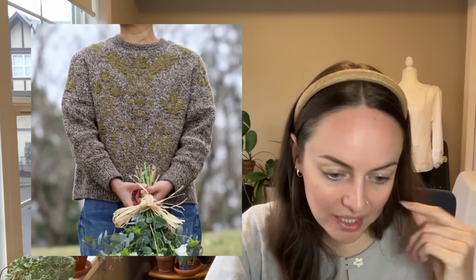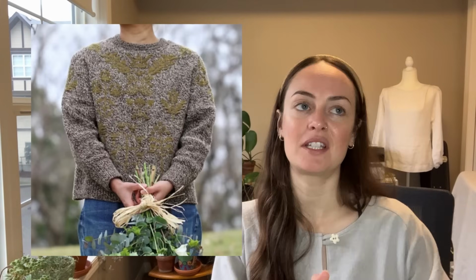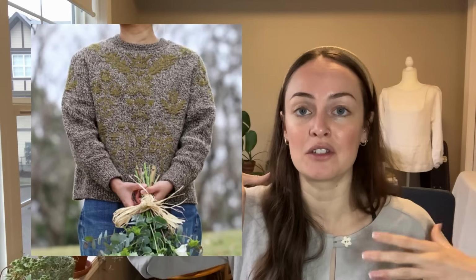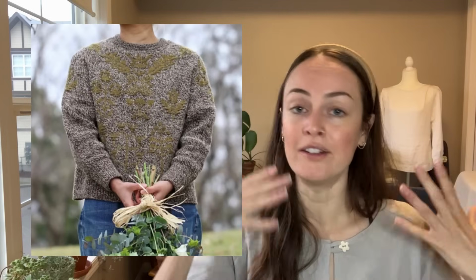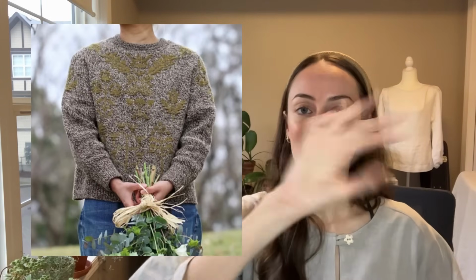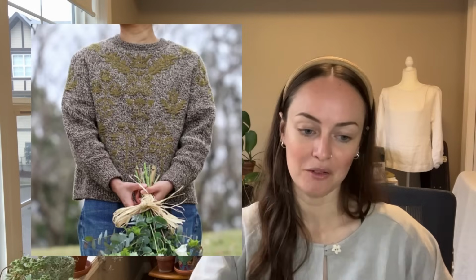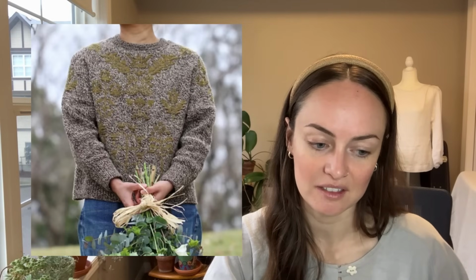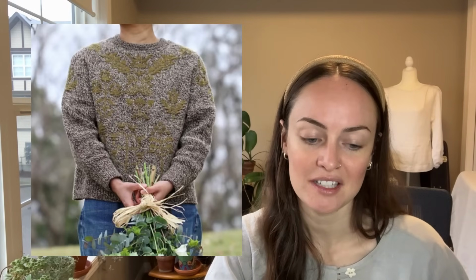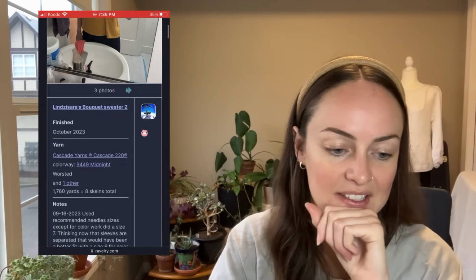So this one is really interesting because most colorwork that I see is on the circular yoke or an all over colorwork. And this one seems to be sporadically placed throughout the sweater, which I thought was really fun and cool. There are quite a bunch of different projects done on this one, and some of them just give